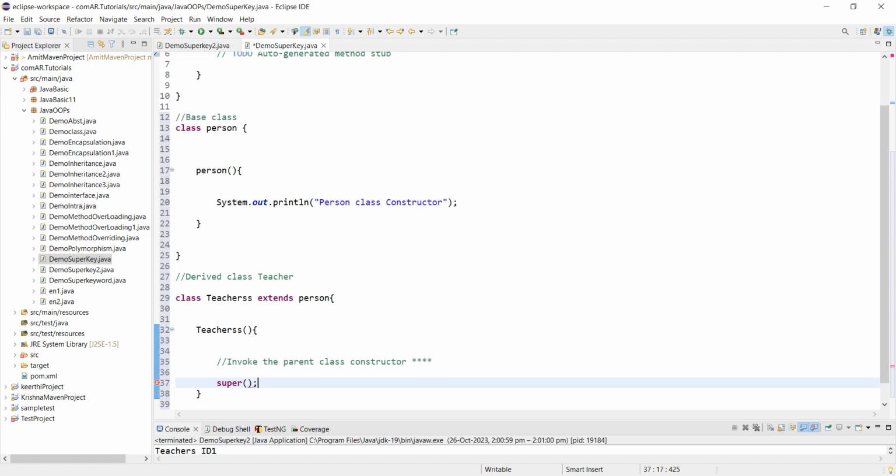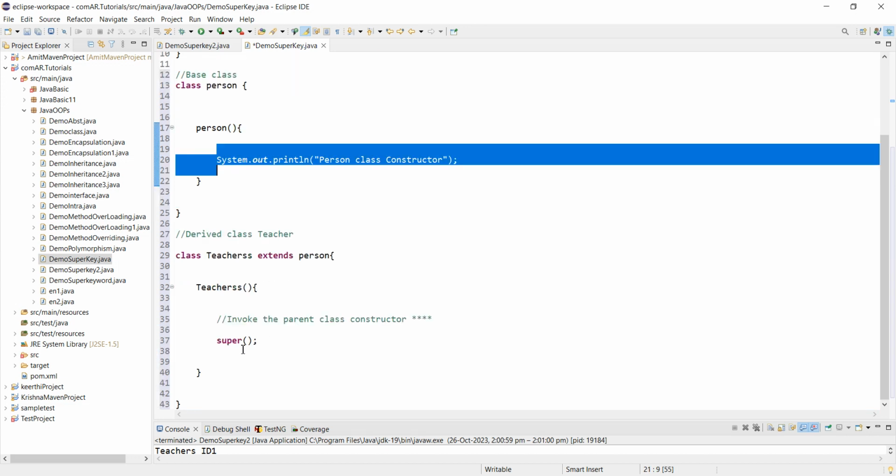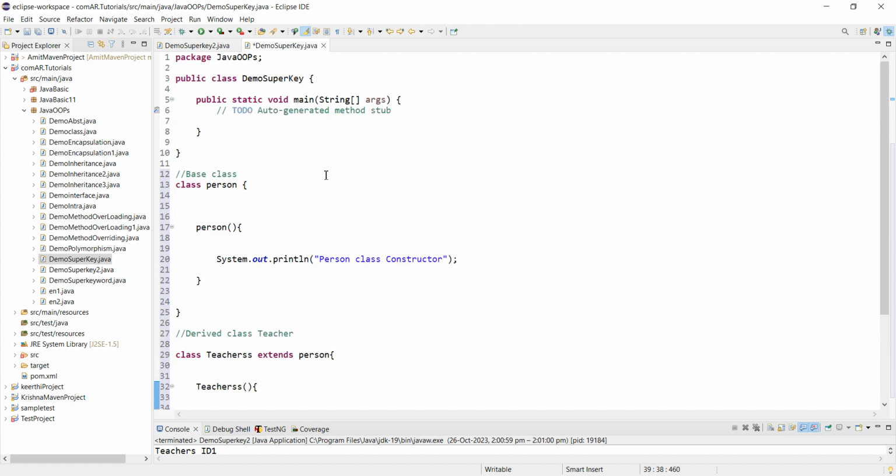Keyword super. System.out.println, teacher class constructor. Now if I go to the main method,